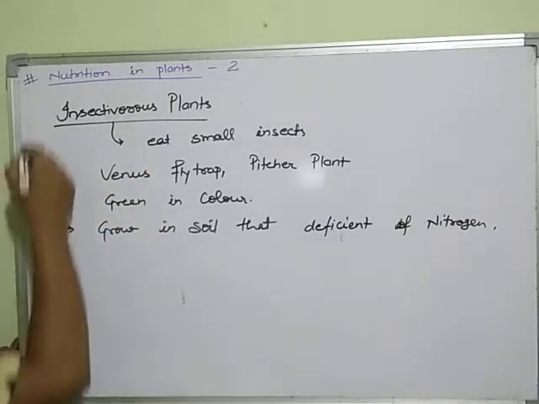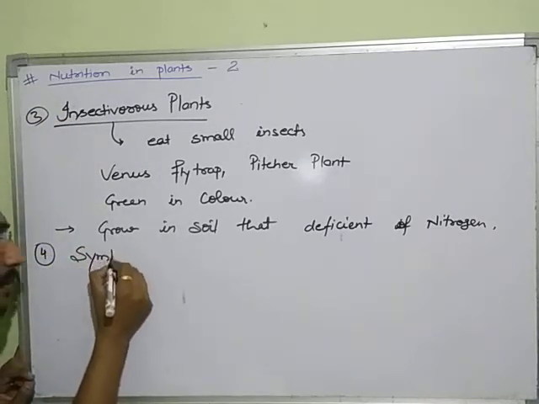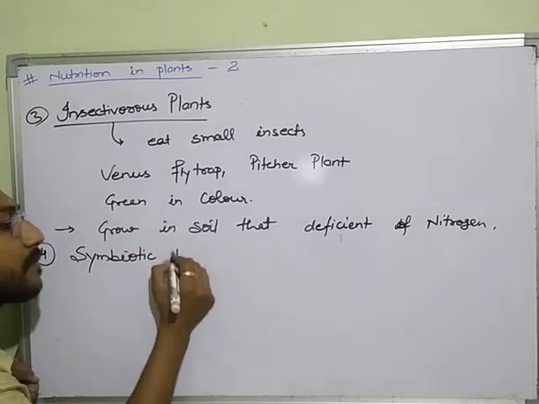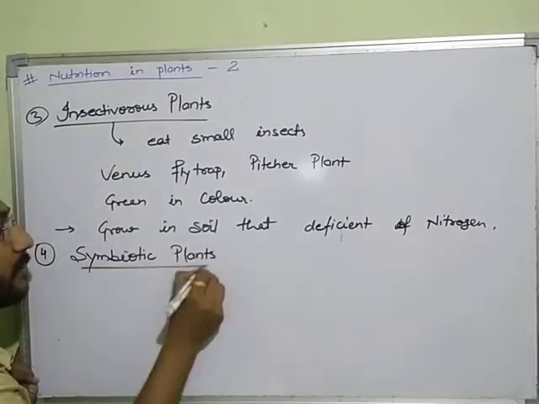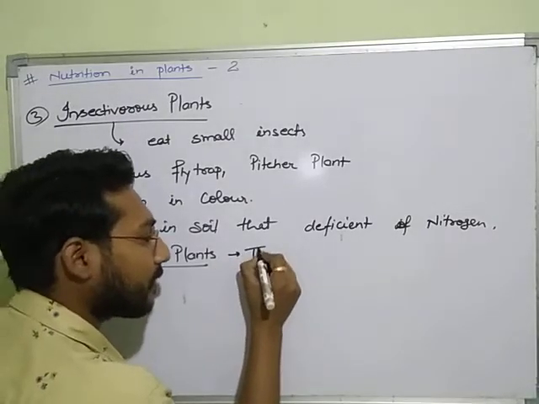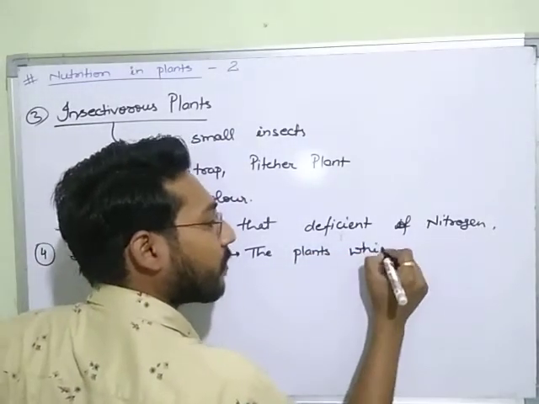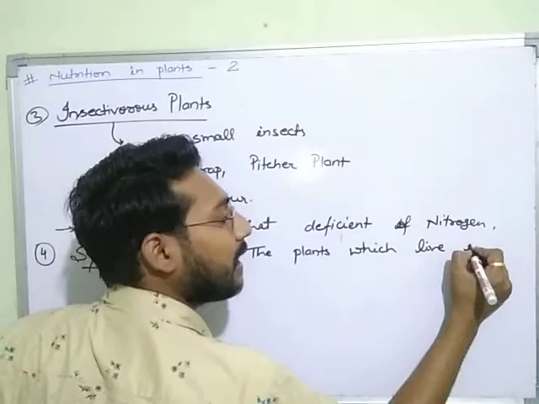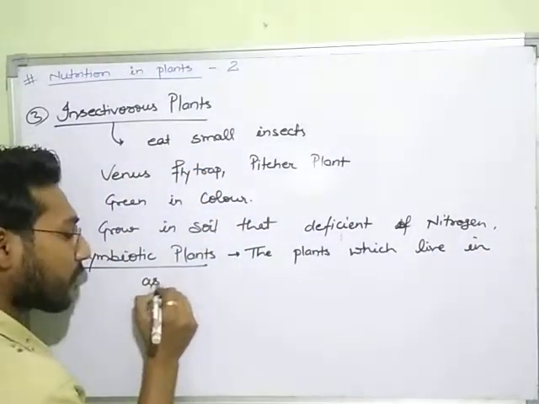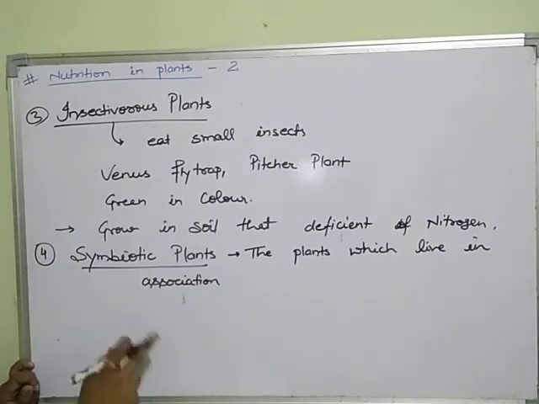So this is the third one, and the last one is symbiotic plants. Now what are symbiotic plants? The plants which live in association with other plants